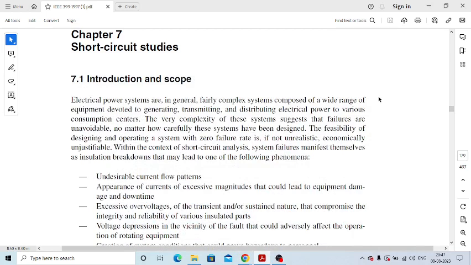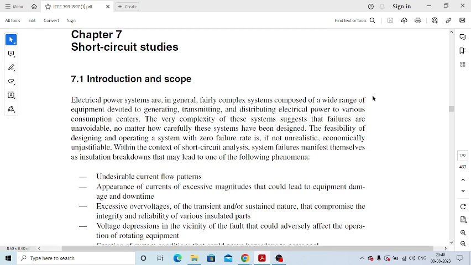So in order to isolate the faulty path, normally we use the protection system. So it includes the circuit breaker and CT, relays, etc. So for that, in order to identify the fault and fault magnitude, first